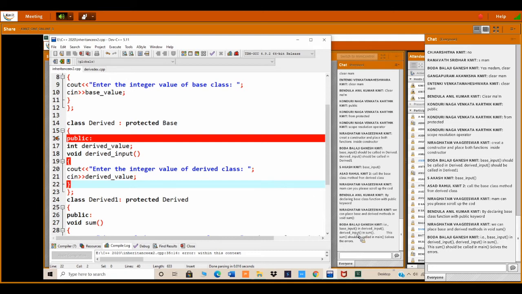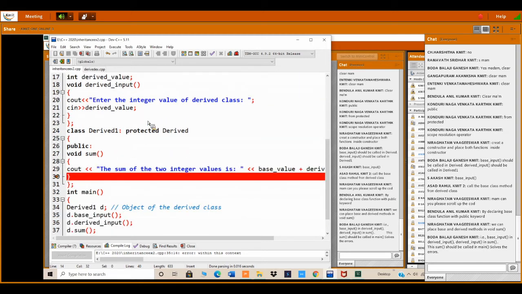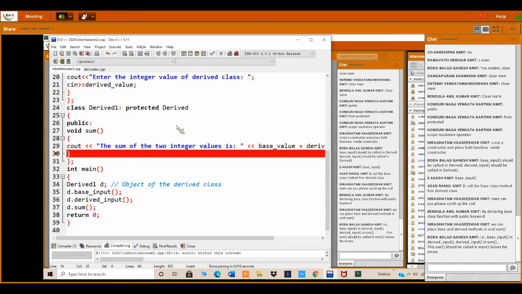Okay, let's go. Base input in derived input. This sum should be in main. Yes, you can do this, but it's not necessary to keep base input in derived. Both can be called in the sum. Whatever solution you give me, I will apply and show, and then I'll give one more solution also. Now, if you see here,